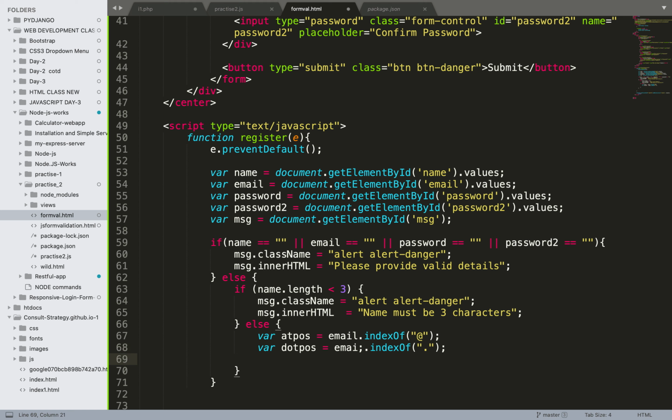So I have created two variables, one for the @ symbol and another for the dot symbol, because in a mail ID we need to have the @ symbol and dot symbol. So without these two it is not a valid email ID.